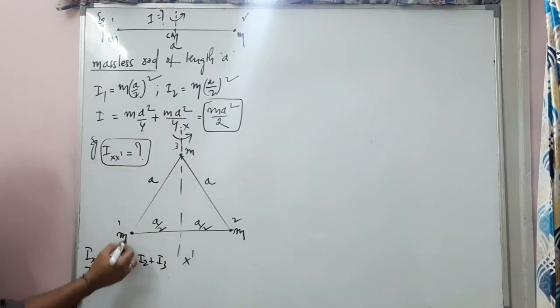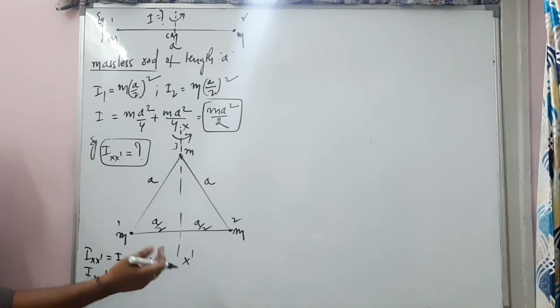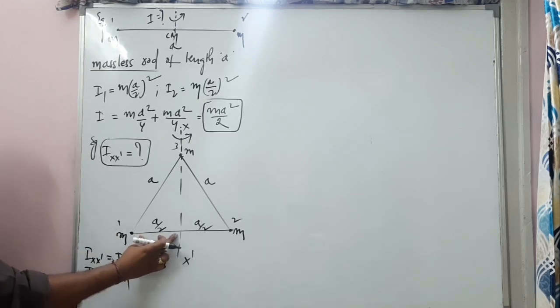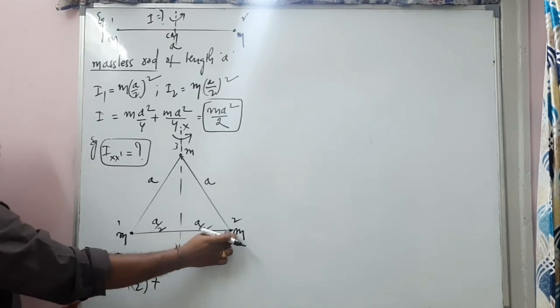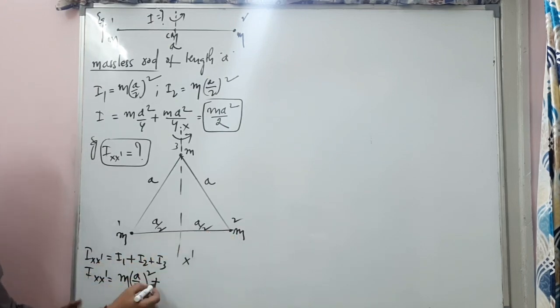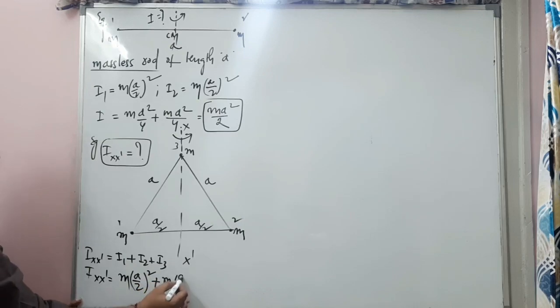The first mass is m. What is the square of the perpendicular distance from the axis of rotation? Is it A by 2? Yes. So m into A by 2 whole square, plus the moment of inertia of the second mass, which is also m into A by 2 whole square, plus